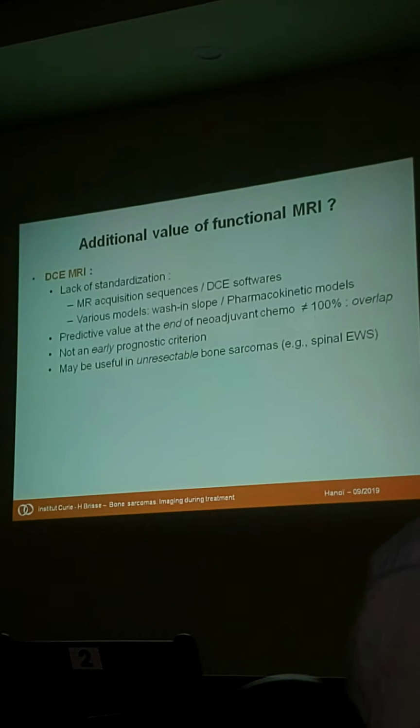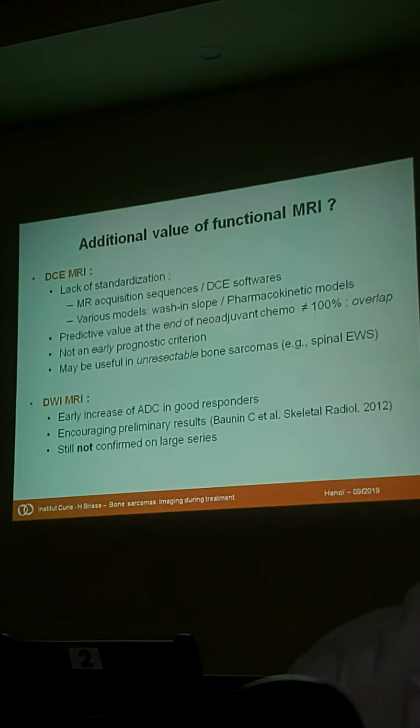And the other technique that was tested to assess the response to chemotherapy was diffusion-weighted MRI. We know that it is very useful for brain lesions, for example, and some radiologists thought it was possible to assess the response in bone tumor also. So we got some encouraging results the first time with this publication from the French team of Toulouse and Marseille, and they demonstrated that when you begin the treatment, you can have a change quite early after the first course of chemotherapy. You will have a change in the diffusion